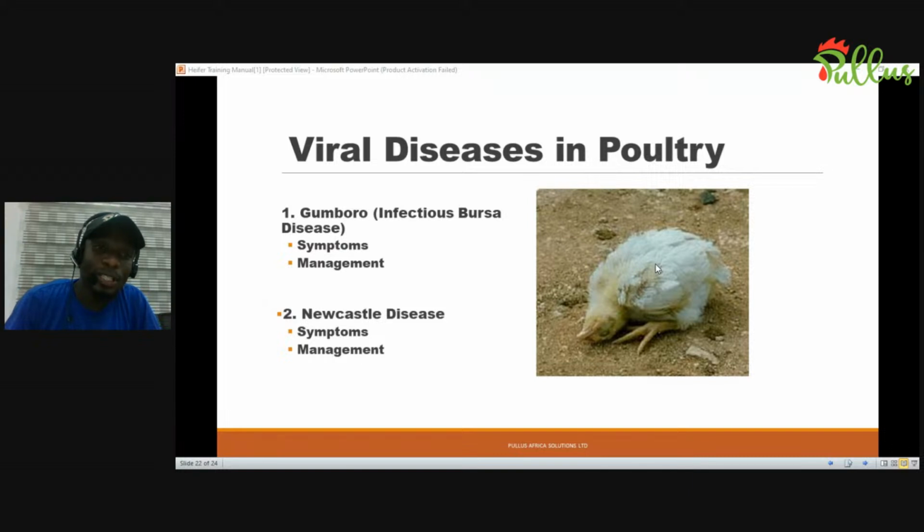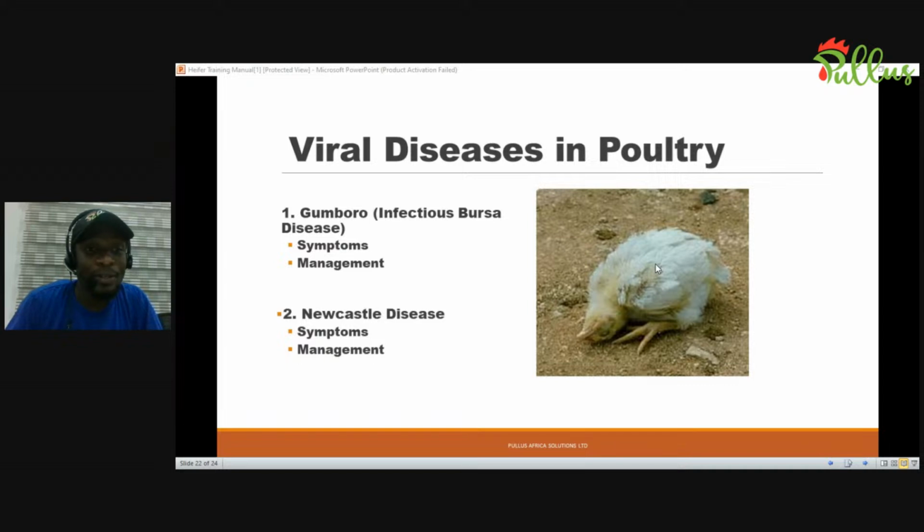So it is very important to be very careful. This disease has between 80 to 100% mortality rate, which means when it happens, it can kill 80% of your flock, or the entire flock can be wiped out. It is also an acute and highly contagious disease. What do I mean by acute? Acute means it happens almost immediately, and highly contagious means it can spread very fast and easily within the flock.